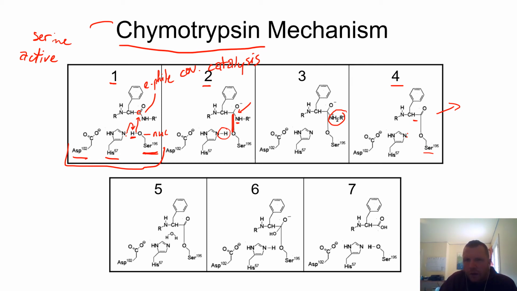Okay, so now what's going to happen if we look over in cell number 5? Well, we still have our covalent linkage between our serine and our peptide, but we also have water in that environment. Our carbonyl carbon is going to pick up an OH from that water. That water is going to act as an acid because our histidine residue that's acting as a base is going to pick up that hydrogen. By picking up that hydrogen, now all of a sudden we have a protonated histidine residue, histidine number 57. We have a carbon that has a single bonded oxygen with a negative charge, a single bonded OH group, and then we still have that link with our